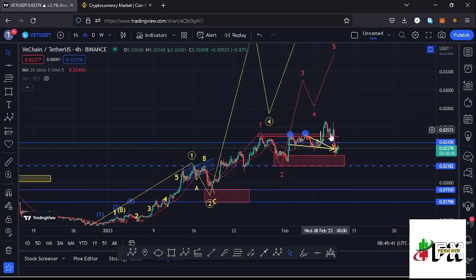But at the moment, you can see that we have lost the wave 1 high. We have also lost a key area of support at around the $0.02436 mark, and also the 20-day MA, meaning we have started to lose our impulsiveness in the formation of that higher Elliot wave count 3. But in case we are able to get above the key area of resistance at around the $0.02436 mark, and also get above the 20-day MA, then those two moves could trigger another move to the upside